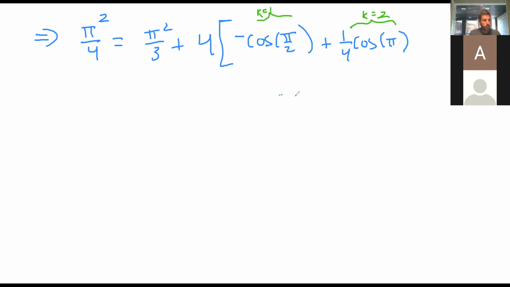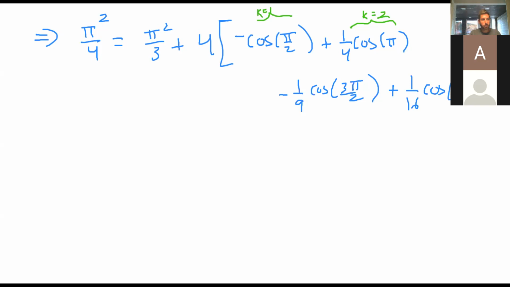So you get minus a third, and then that's cosine of 3 pi over 2. Actually, not a third, 1/9, because 3 squared is 9. I apologize. So that's when k is 3. What happens when k is 4? You get plus 1/16